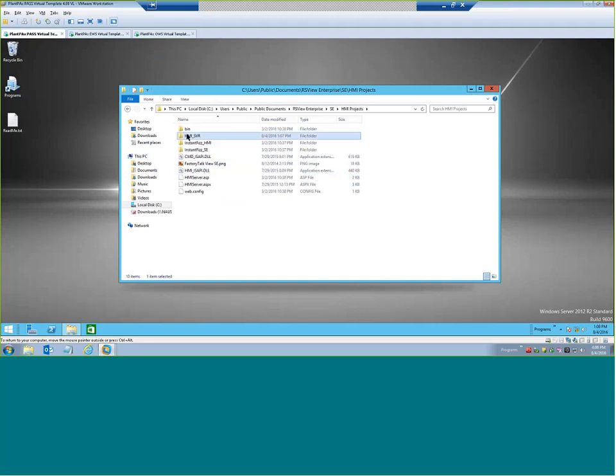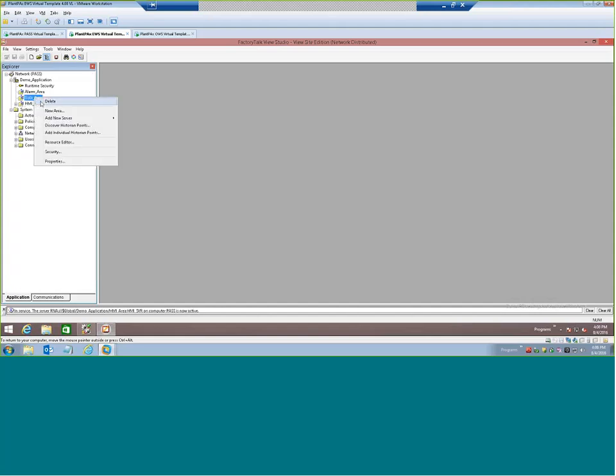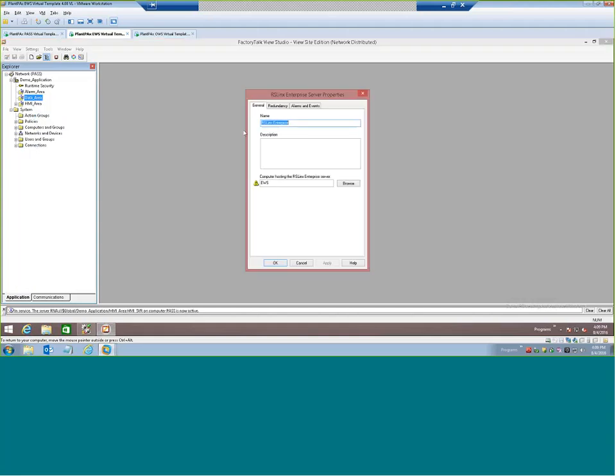Look here, there's a folder named after that HMI server we just created. This is where that graphic information resides in memory, right here. All right. So going back to our engineering workstation, I'm also going to create a data server, an RSync Enterprise